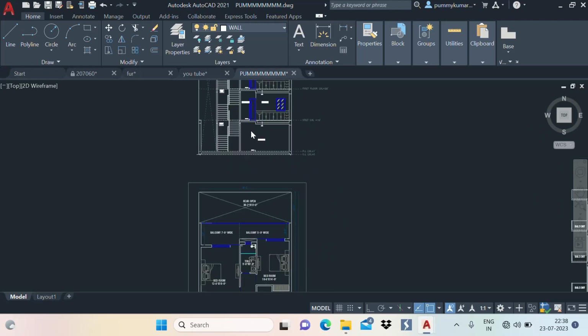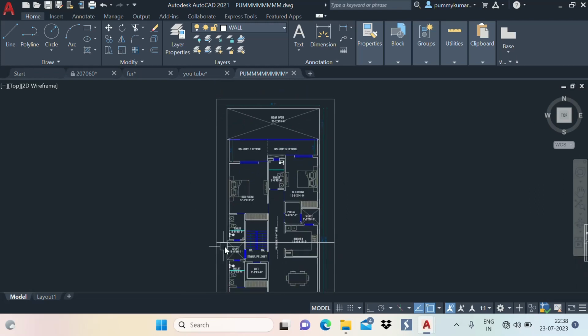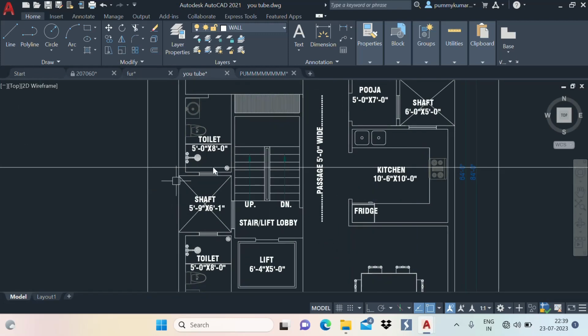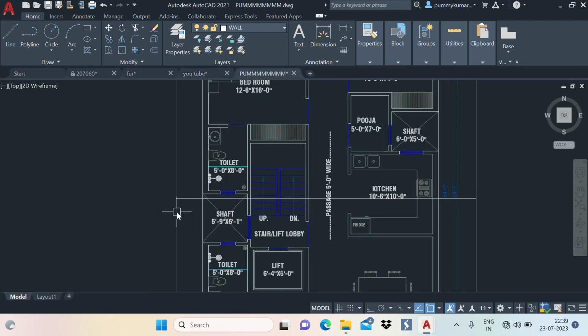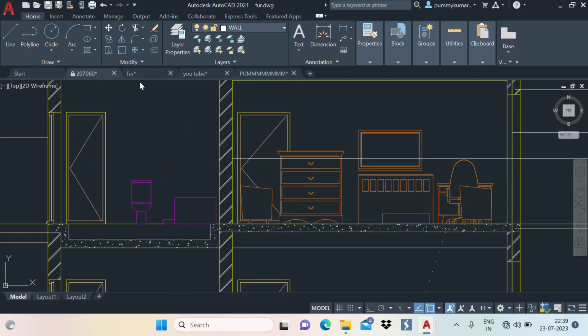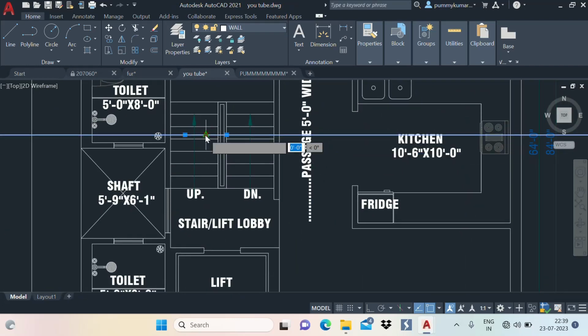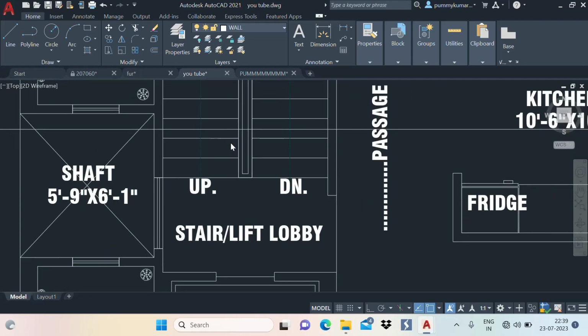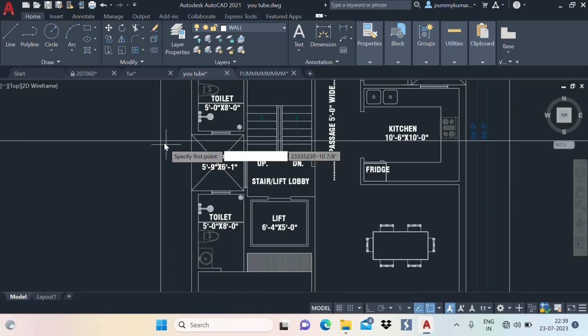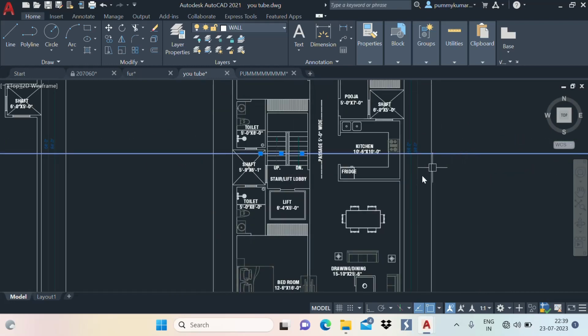So for this, you can see here this is a horizontal division, so I am making a horizontal line here. You can see my section line is passing through the shaft area, to the staircase, to the kitchen. So I will make a line like this. After making the line, I will click L enter, the line shortcut command, and make a line like this, and this is my